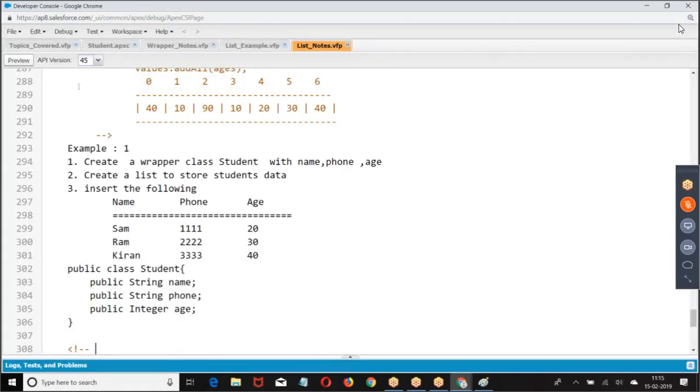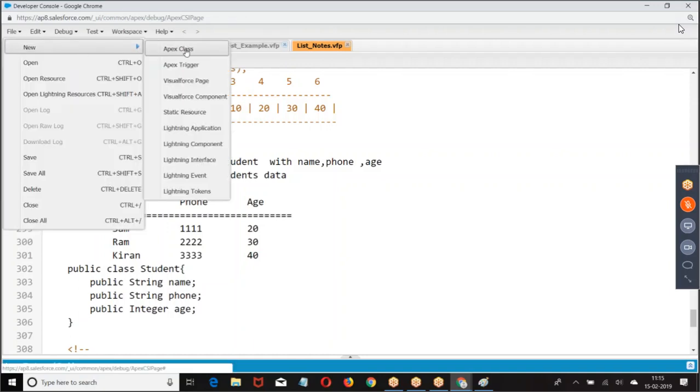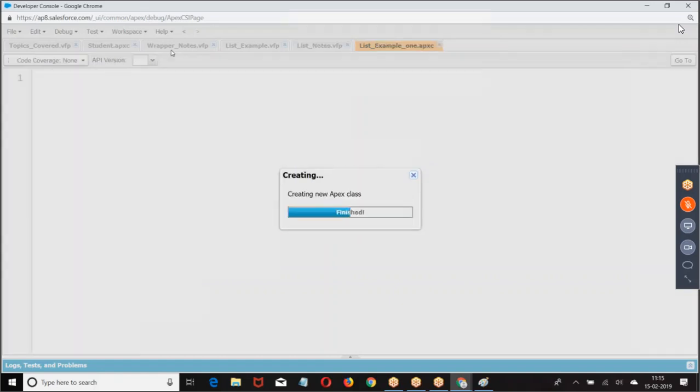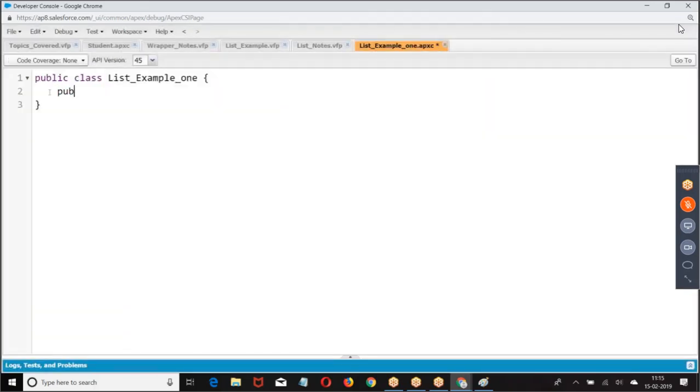Now tell me what we are supposed to do. First, create an Apex class. Public Account ACC.